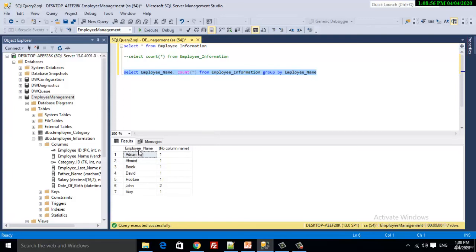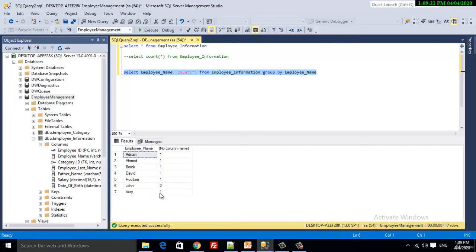You can see that employee name Adnan, the count is 1. Ahmed, count is 1. Barak, its count is 1. David, count is 1. Huli, count is 1. John, count is 2.